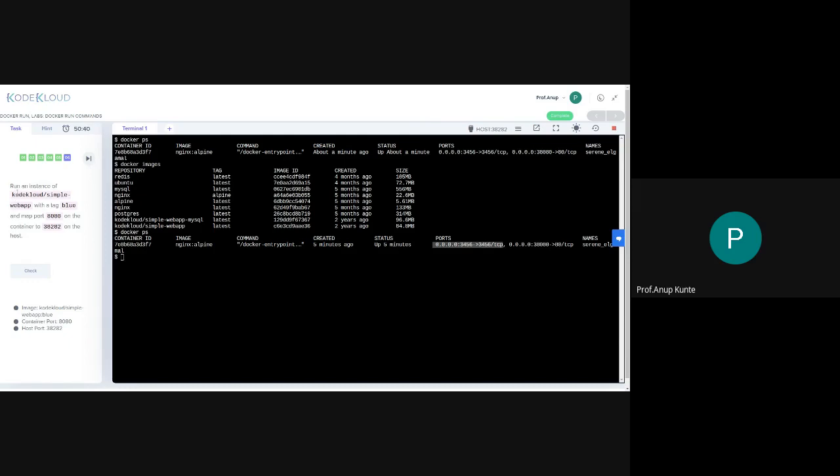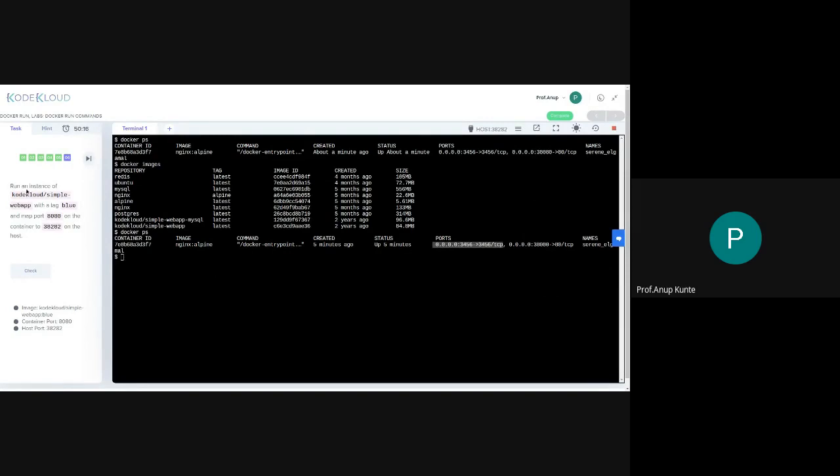Now the next thing is: run an instance of code-cloud/simple-web-app with a tag blue and map port 8080 on the container to 38282 on the host. Now what it requires you to do is run a container whose name is code-cloud/simple-web-app.